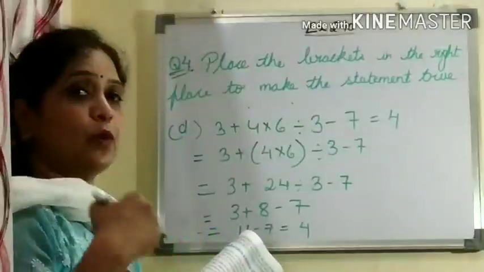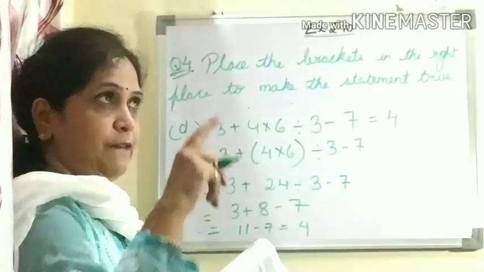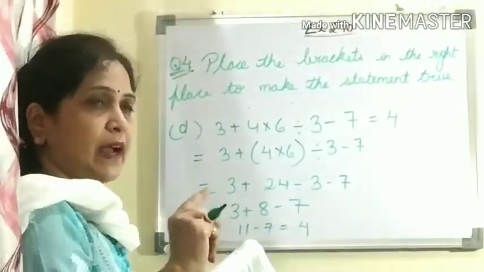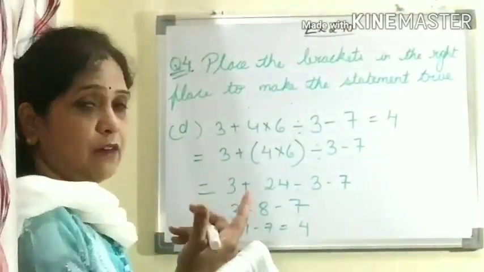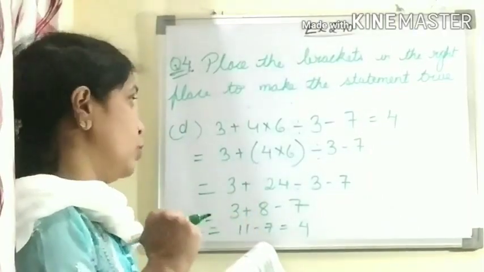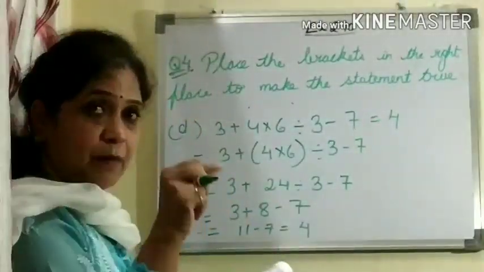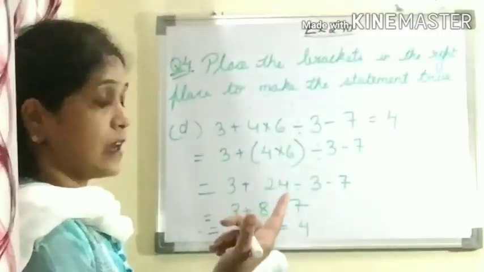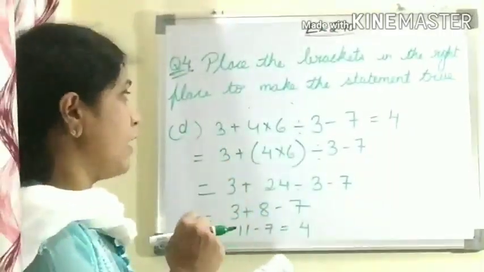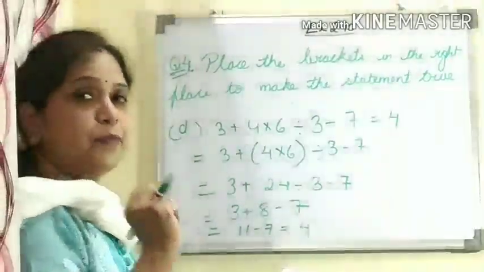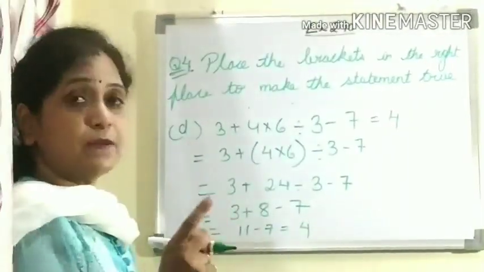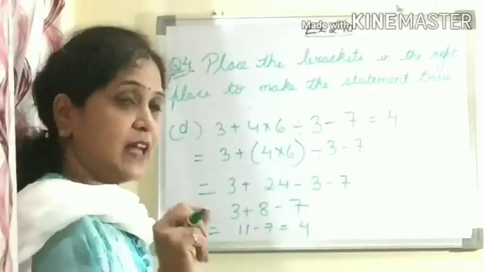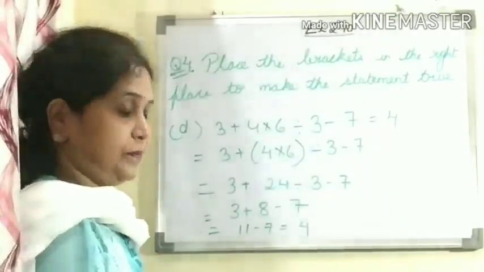In this way you have to assume or think over it. If you put the bracket here, would our answer be correct? No. Then if the bracket is at some other place and we evaluate in this form, our answer is coming correct. In this way you have to assume and put the brackets. The other sums I am sending in the PDF. See that and do them in the classwork.